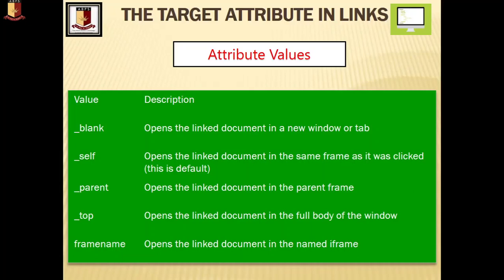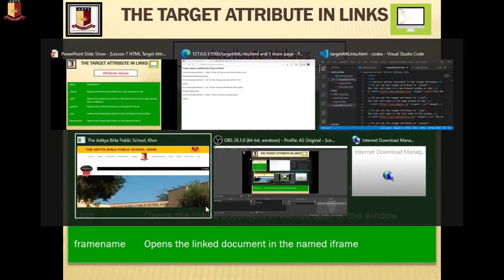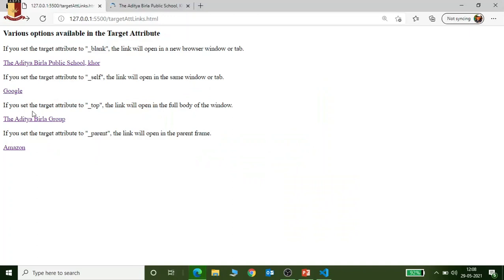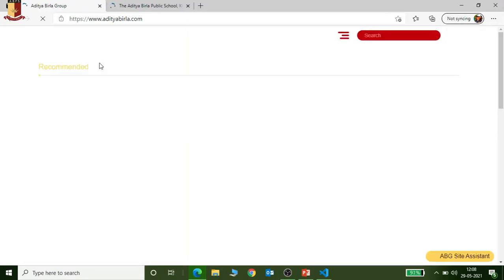Next, _parent opens the linked document in the parent frame. There is no parent frame, so that document will open in the same window, because I will explain framing in coming tutorials. Just check, I clicked it here, and because a parent frame is not declared, as that is a part of layout and framing that I will cover in coming tutorials, the page opens in the same window.